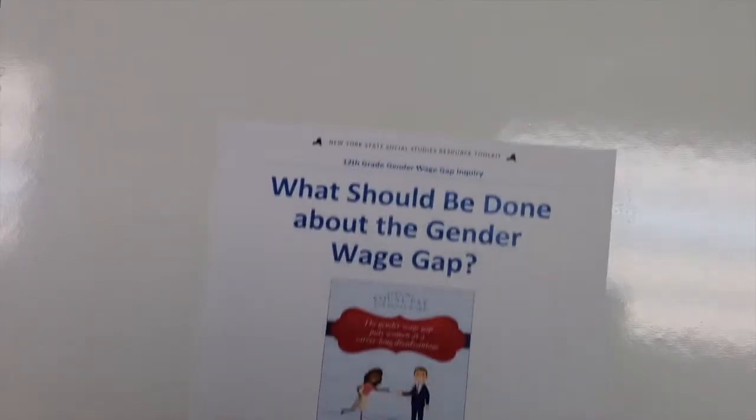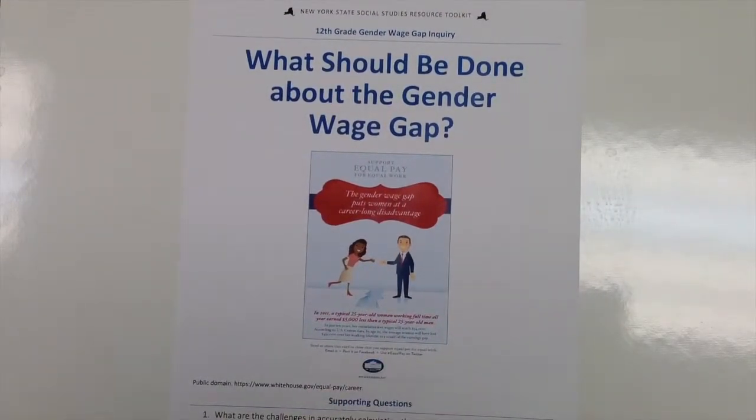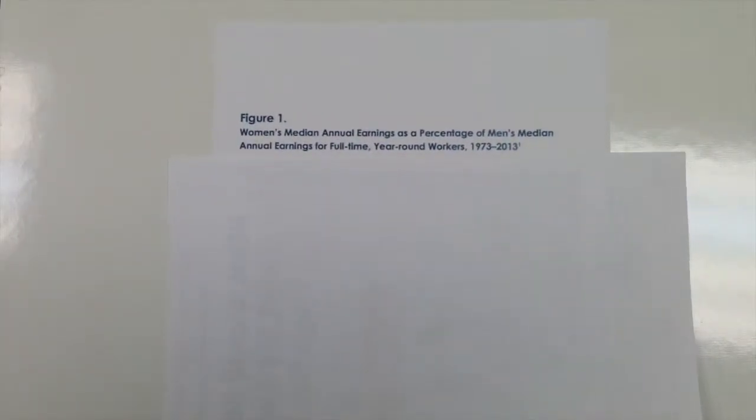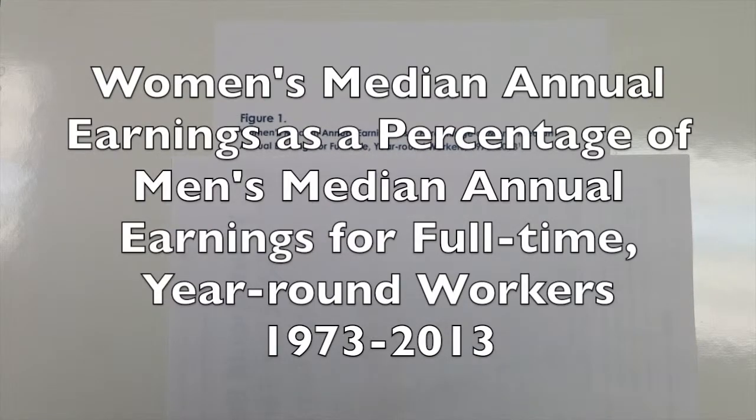Because we're doing some inferences, then we're going to need some reading materials, so I grabbed this unit from the C3 teachers about the gender wage gap, and specifically grabbed one of the charts from this unit. And the first thing I do when I take a look at a chart is take a look at the title. And in this case, we've got one that takes a look at women's median annual earnings as a percentage of men's median annual earnings for full-time year-round employment.